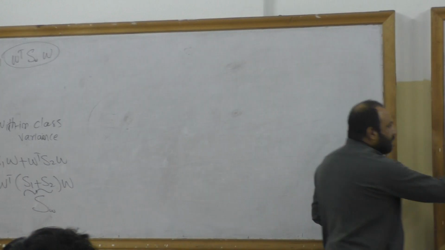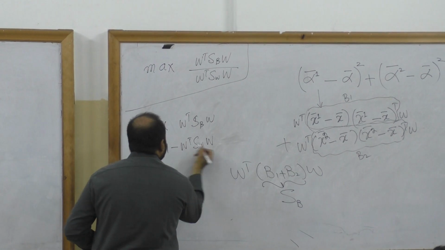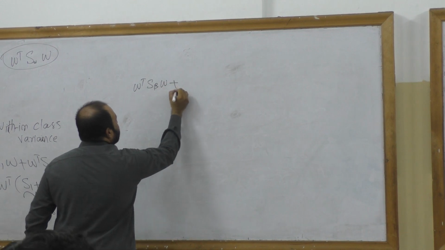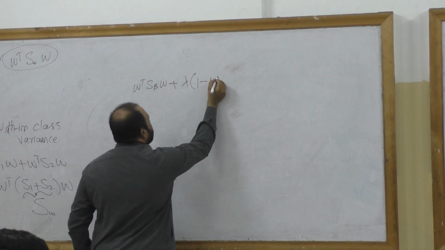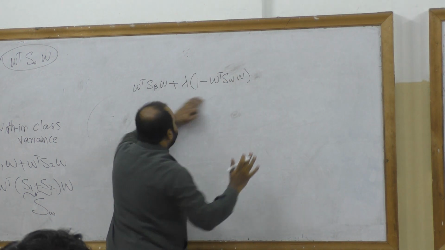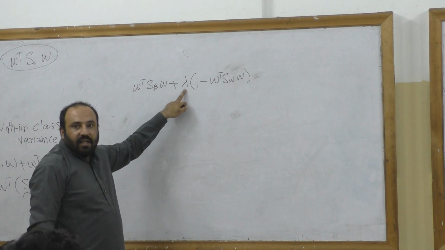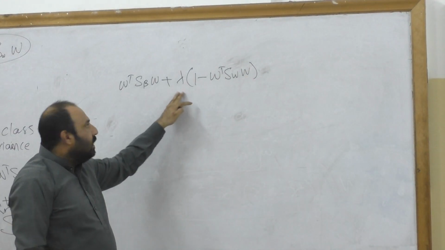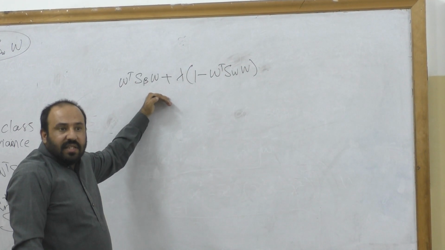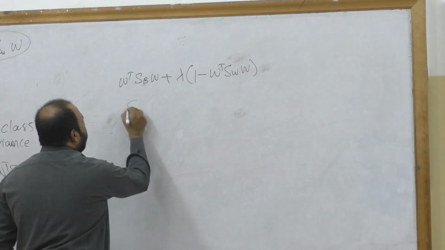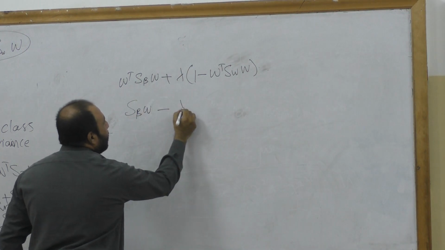Okay, so I can write this as 1 minus that equals 0. And then the Lagrangian is W transpose SB W plus Lagrange multiplier times (1 minus W transpose SW W). This is the Lagrangian function with Lagrange multiplier lambda or alpha or whatever. Now differentiate this with respect to W and see what condition occurs. Differentiating with respect to W, you get SB W minus lambda SW